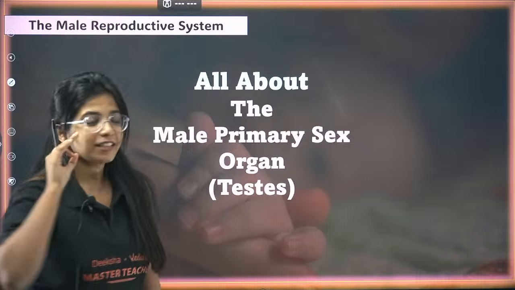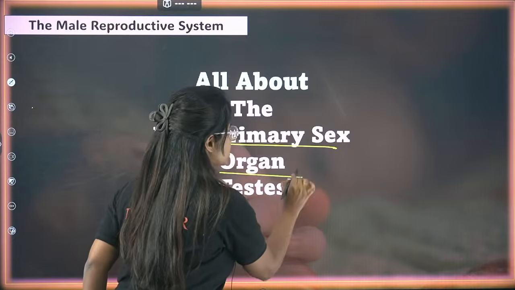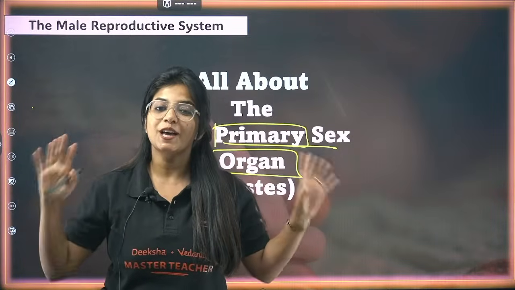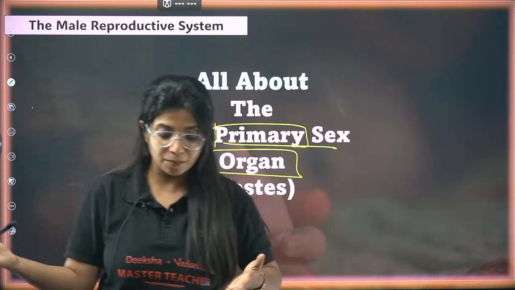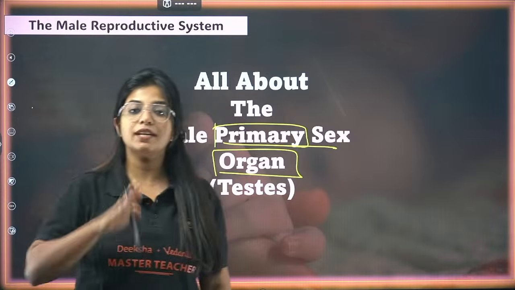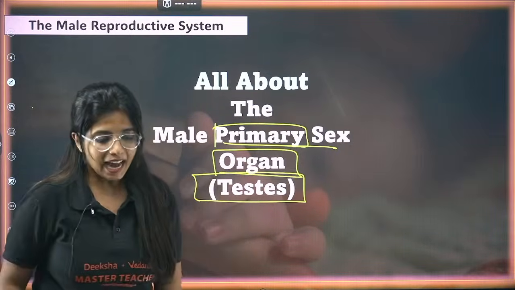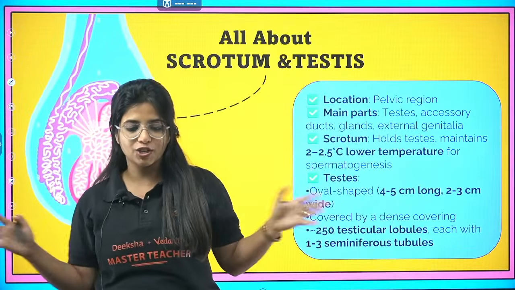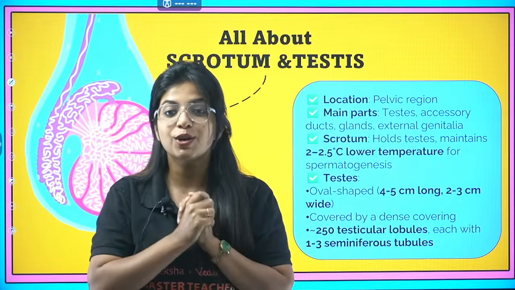Okay, so the place where all the gametes are being formed, you call this the primary sex organ. Primary because it does the primary role of making the gametes. If gametes are not made, then how is sexual reproduction going to happen? So there is no point. In the case of males, the primary sex organ is known as what? Testis. And testis is very scared to be in the outside condition, which is why it is covered in a sac-like structure known as the scrotum.